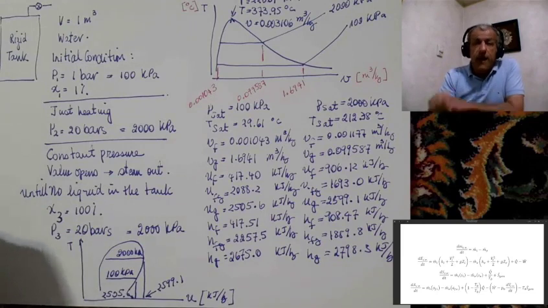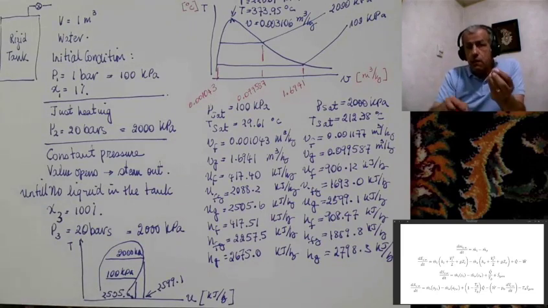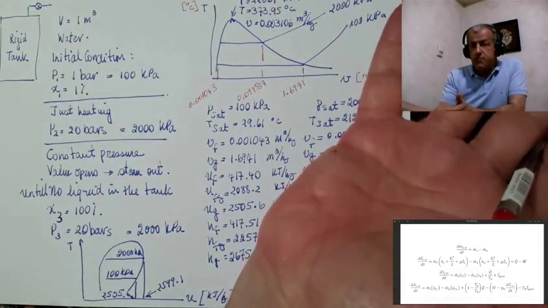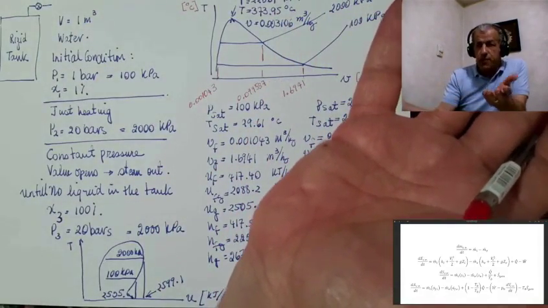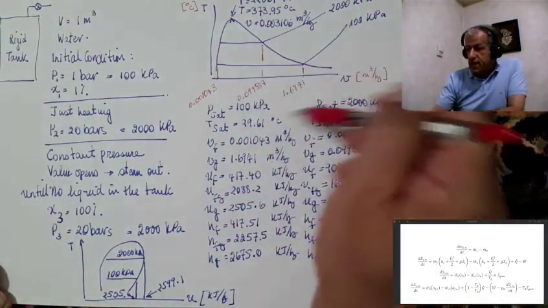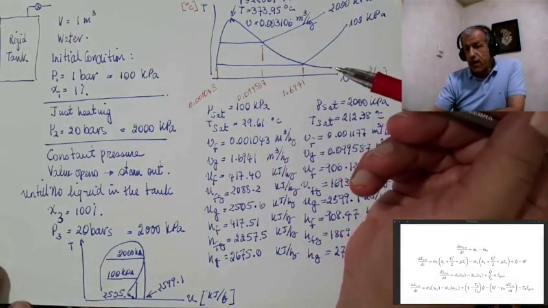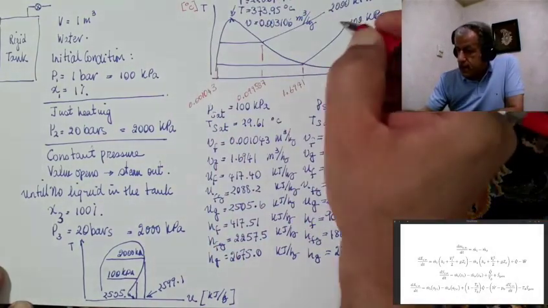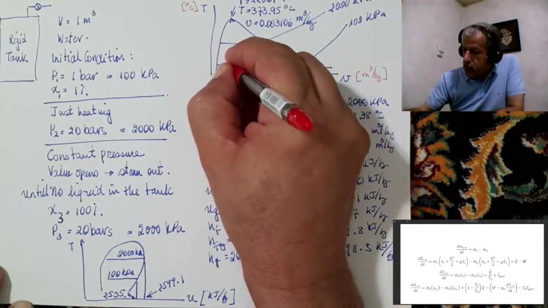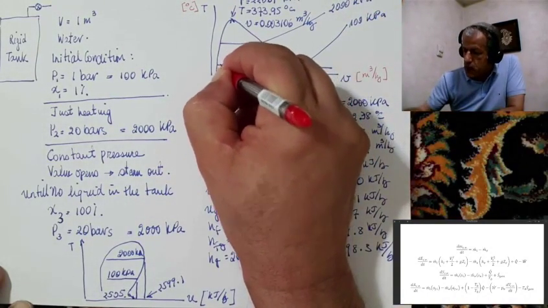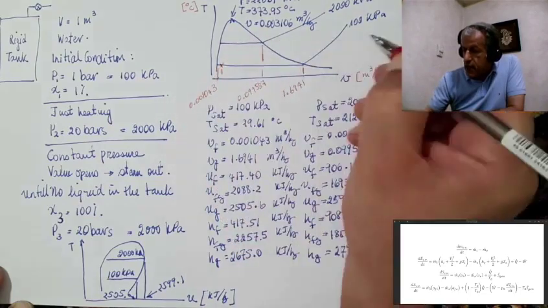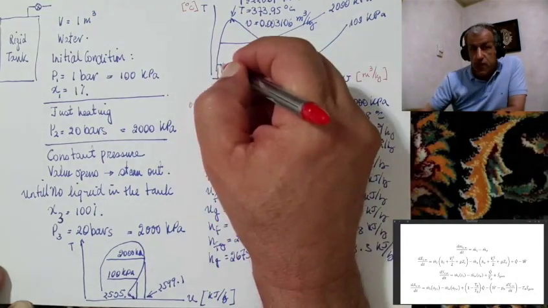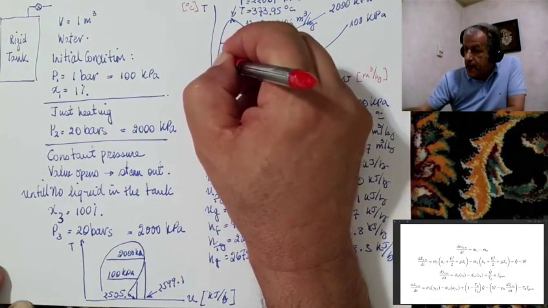Okay, now what we have to do now is to install our problem over these curves, because these are steam properties, nothing to do with our problem. To draw these lines up to now, I have said nothing about our problem. But as it is now, we have a point 1, which is here. If our point 1 of the problem is on 100 kilopascal line and with 1% quality, and it